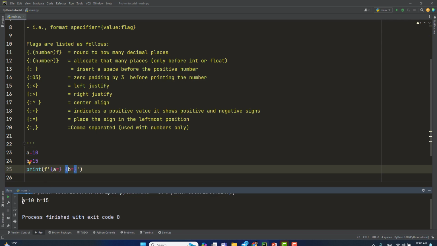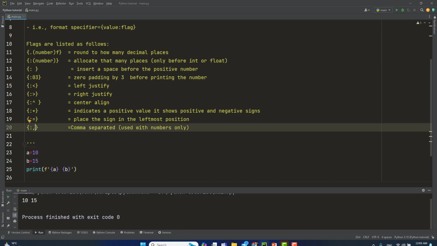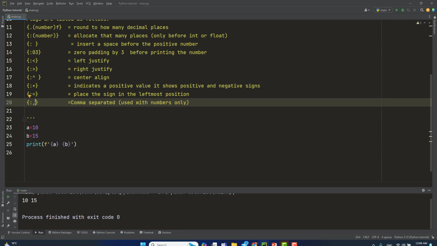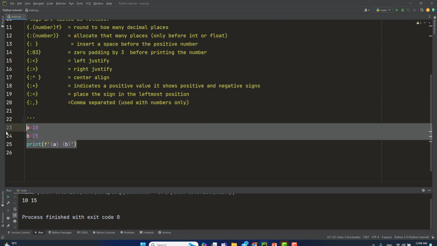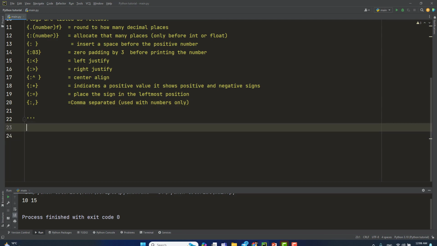So it visualizes the variable and value. But here, when I remove this equal sign, it will show only the values. The last thing that I want to mention is that we can use this comma flag, for example, if you